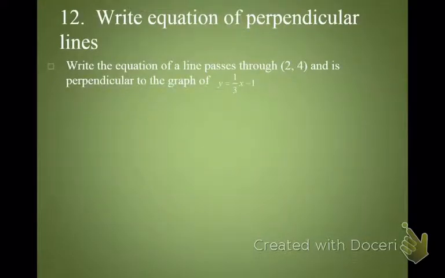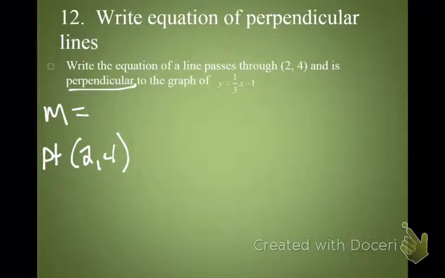All right. Now, like we were doing before, if you want to write the equation of a line, so write the equation of a line, we're going to stop right there. Anytime you have something say write the equation of a line, we know that means we have to have a slope and we have to have a point. And apparently a point on our line is (2, 4). The slope of our line, well, we don't know yet, but we do know that our line is perpendicular to this one. And the slope of this one,